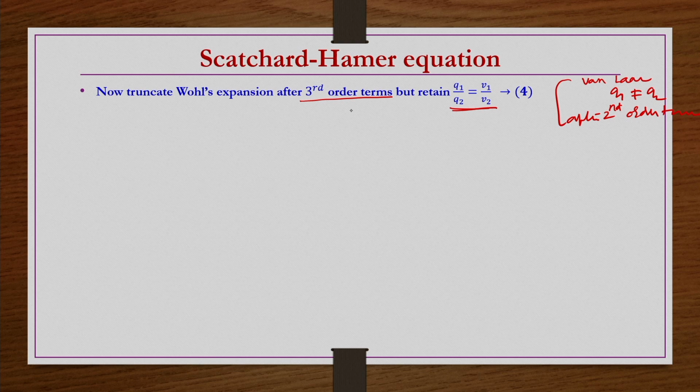right. But now here we are taking the same q1 not equal to q2, and not only second order terms, we are also including the third order terms, but truncating the terms after the third order terms. So, it is a kind of improvement over the Van Laar equation in terms of the interactions, because higher terms are included. Rest all assumptions are the same, q1 not equal to q2 and all that. In the Van Laar equation we have taken only up to second order terms, but now we are taking up to third order terms also.